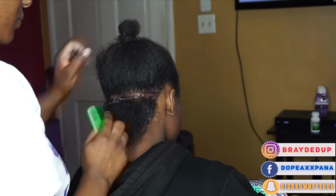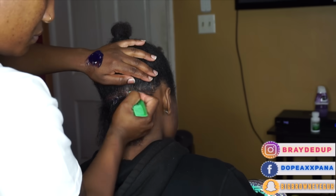And I am defining my parts today using the Black Panther Strong Edge Control, and I have been using this